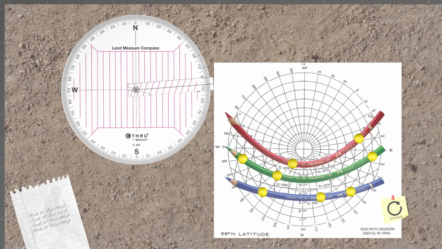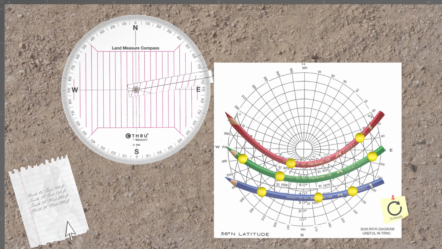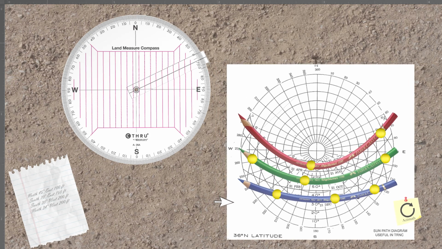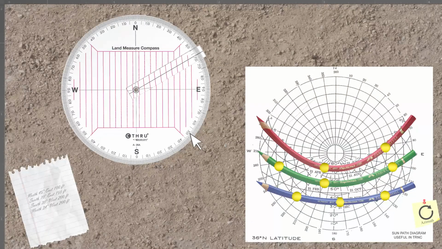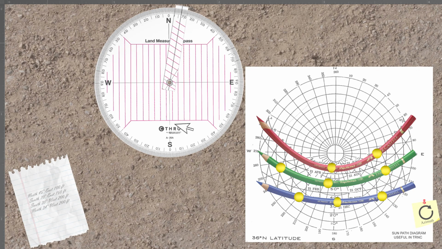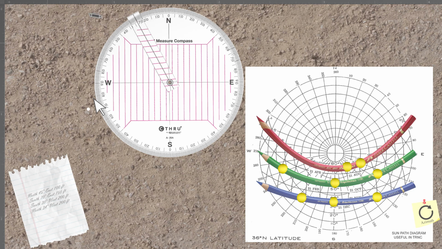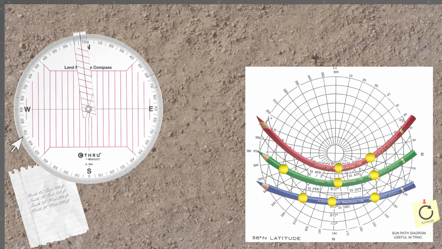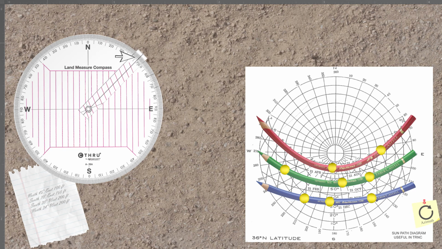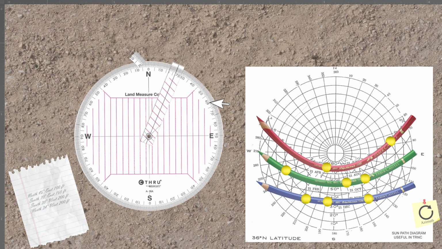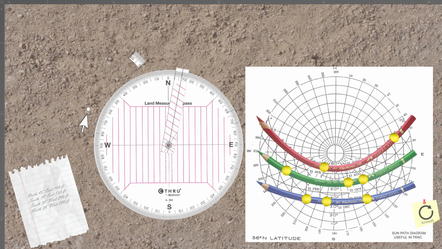So let's talk about a more specific example here. The first instruction is north 45 degrees east 100 feet. And we want to establish our point of beginning. So first we can just pencil in a dot on our page and then put the compass right over that dot. And then we can just dial in north 45 degrees east on the compass and mark it right there so that when you remove the compass, we have both the point of beginning and the direction north 45 degrees